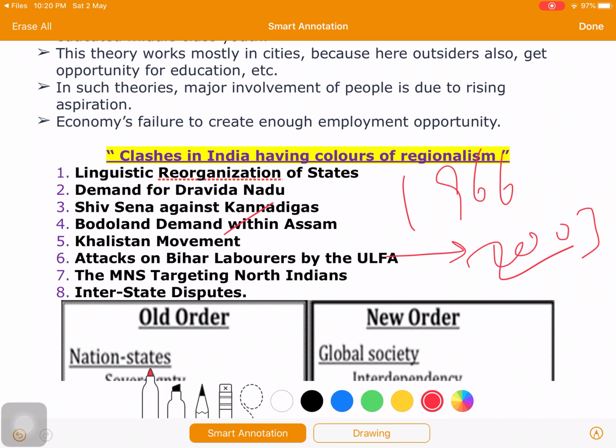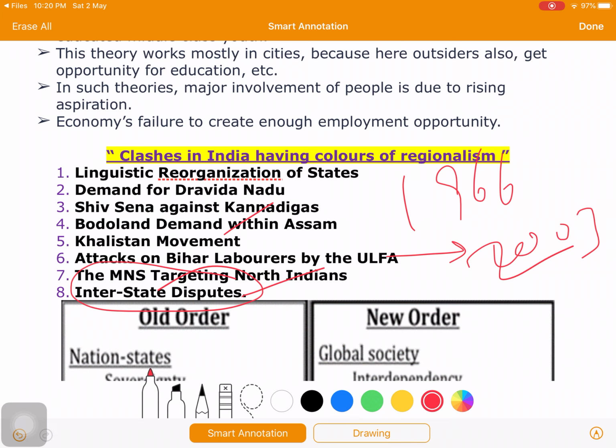And that is also one of the more important reasons. Interstate disputes are one of the most important reasons for the creation of three new states, Chhattisgarh, Uttarakhand and Jharkhand, which were formed in the year 2000, where political agitations were also started,